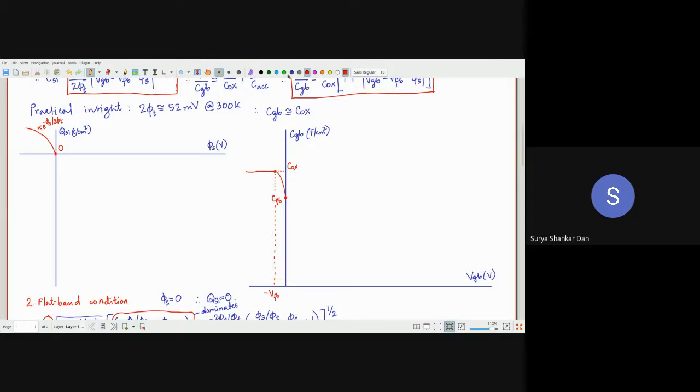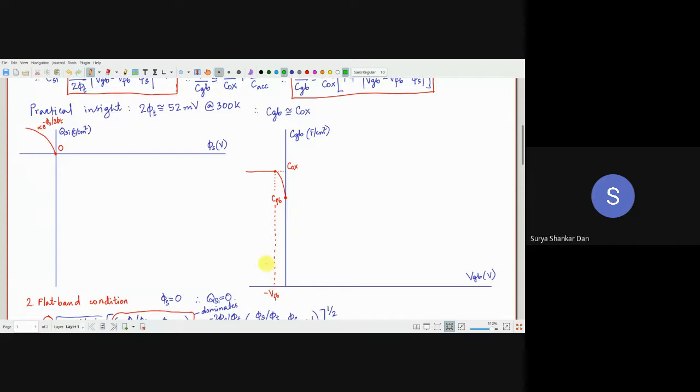Understanding everybody? So you should have got this, this is what should have happened in an ideal MOS capacitor. Okay, so it should decrease when VFB is equal to 0. That means VGB equal to 0 never actually happens. So this curve is what you will actually see. In fact, this is also what you will actually see, but these are plotted with surface potential. When you are designing one processor, when you are designing one data converter, are you essentially going to look into the surface potential inside the device? Come on, it's not possible. Okay, very good. So this is your VFB.